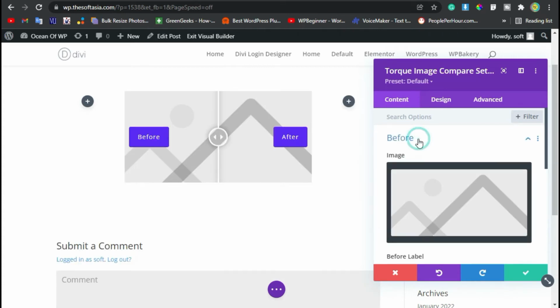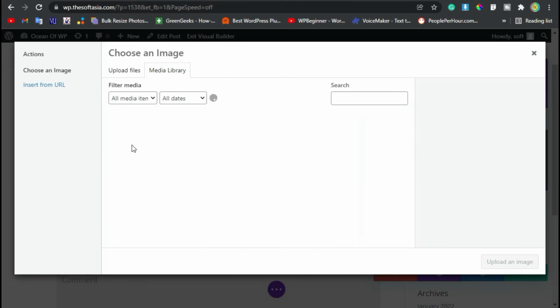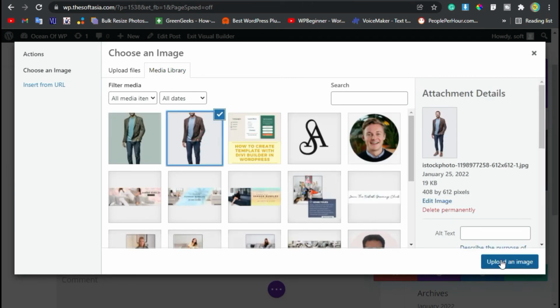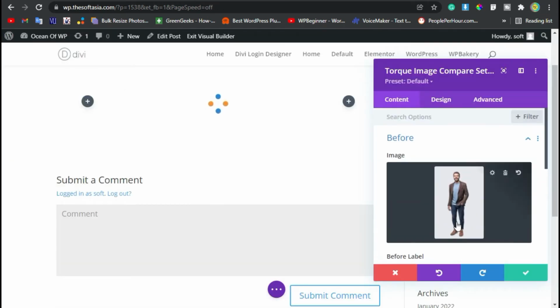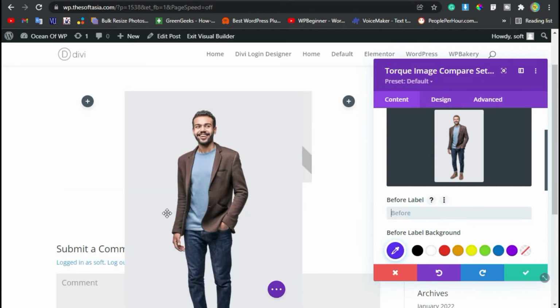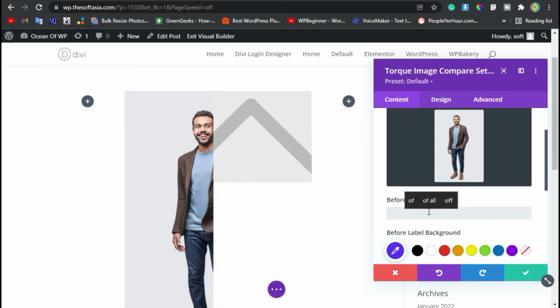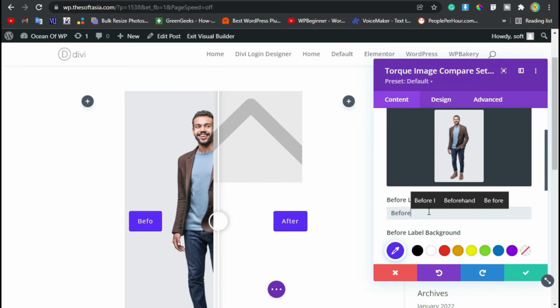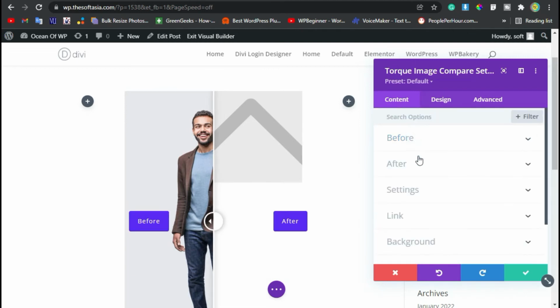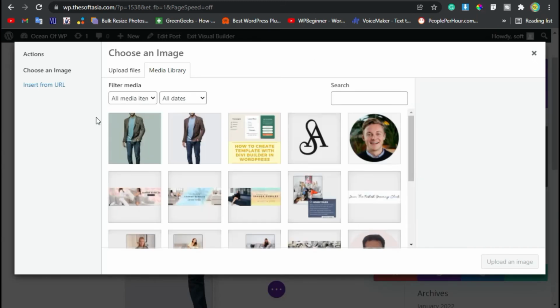Here you have to add a before image. Select here and select a before image. I will select this one, upload image. Now you can add label. You can change before to make it fast, but before is perfect. Now collapse this section, go to after section, select a image,